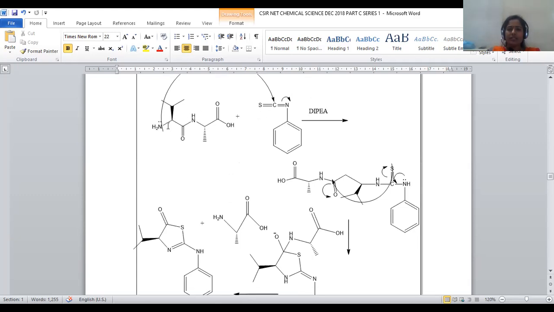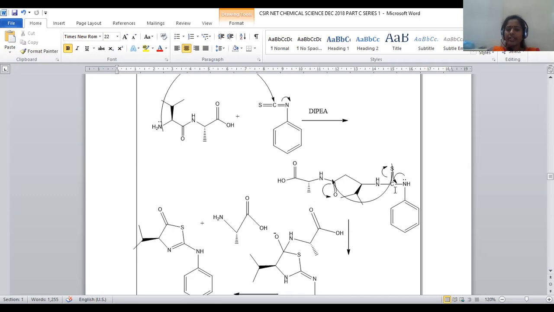thiocyanate is represented in this manner. This lone pair of electrons attacks the carbon, and subsequent migration of the pi bond towards nitrogen is possible under solvent conditions, so that a new carbon-nitrogen bond is generated. So new bond origination is possible. Now we will cyclize the ring. How will it be? The lone pair of electrons present on the nitrogen will be polarized here, so that a carbon-nitrogen double bond is generated, and this thioketone pi bond will be shifted towards sulfur, because it is a polar bond.